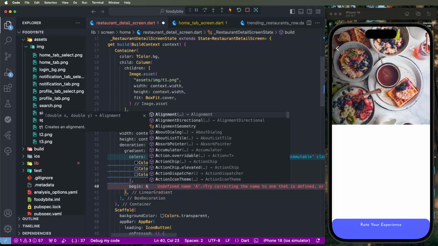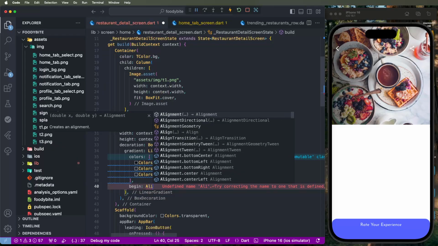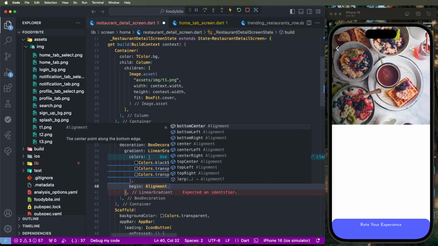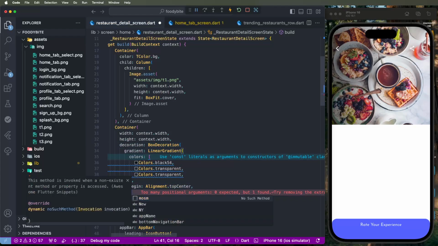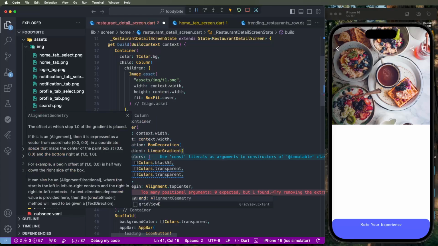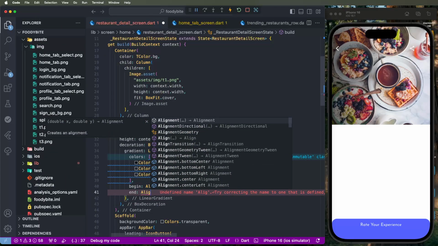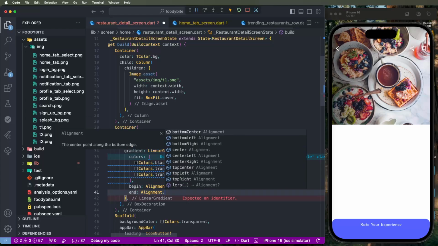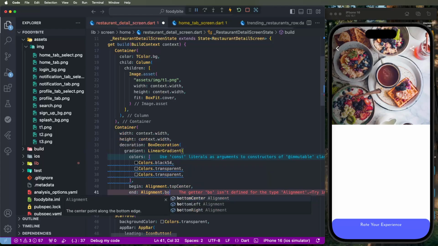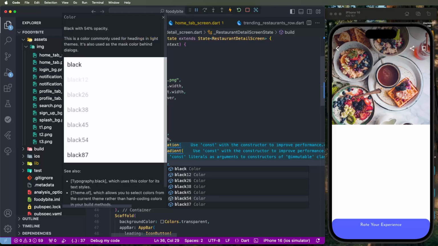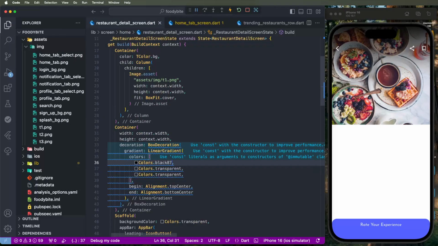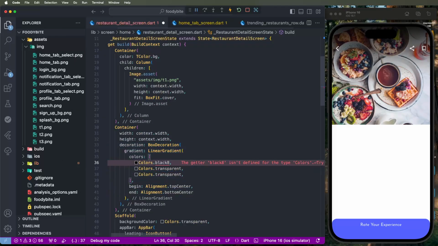alignment dot top center and set the end alignment dot bottom center, and it looks like this, similar to the design. Need to increase the black colors, maybe the old one is big,